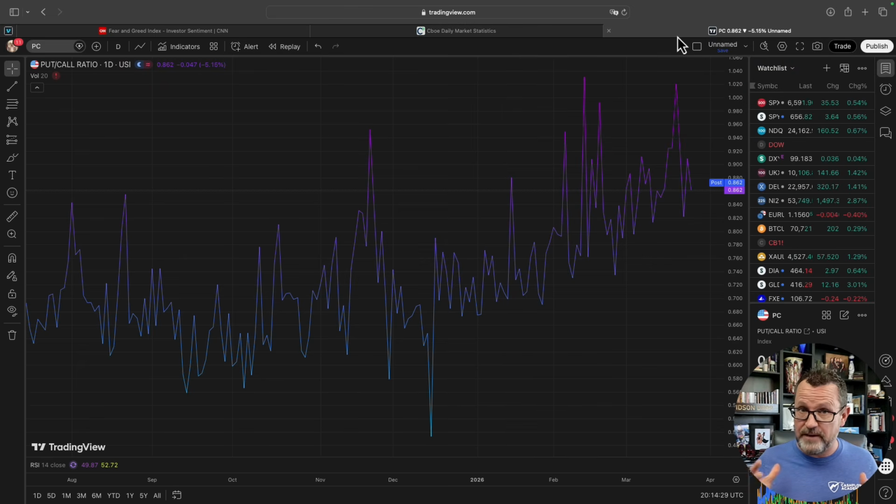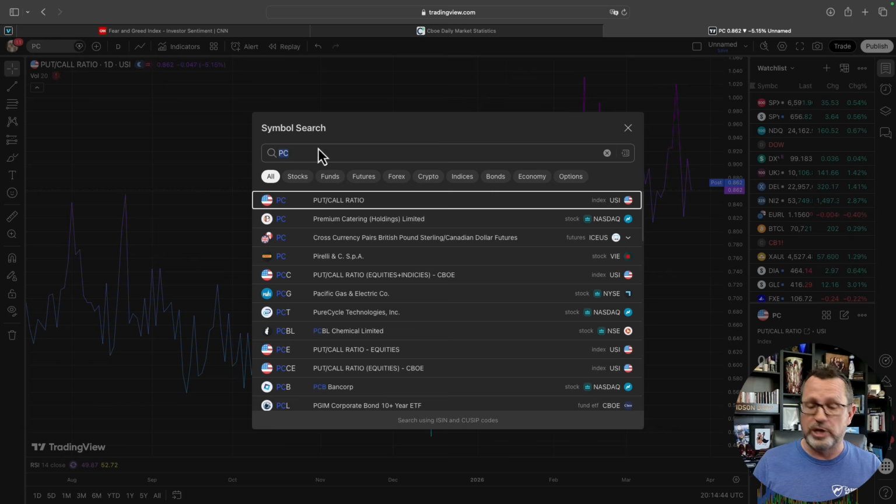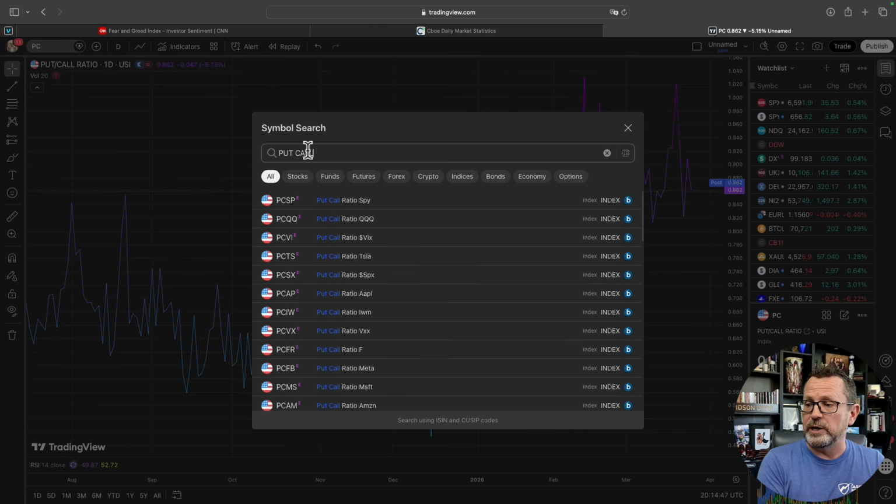Now, Tradingview.com is one of my favorites. It's visual, it's really usable. And again, like I said, this is probably my favorite. You can actually chart the put-call ratio over time on a variety of different indices. You can type in just the letters PC for put-call ratio. You can type in put-call when you're doing a symbol lookup, and you'll see a handful of different put-call